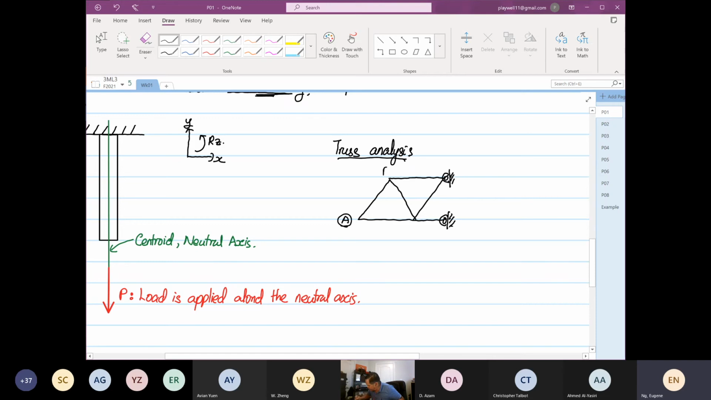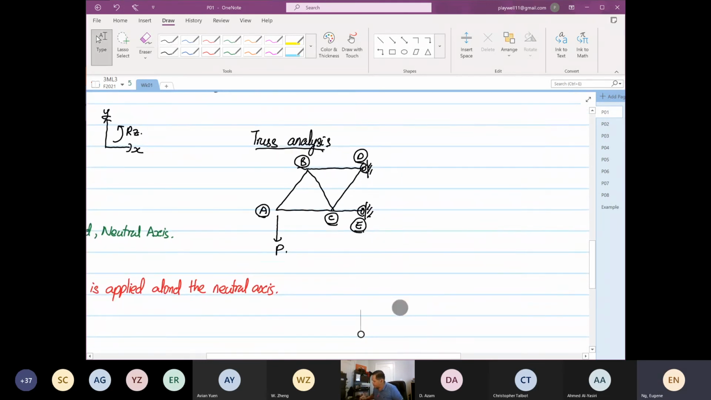Point A, B, point C, point D, and point E, right? And if you have a load coming down P in this direction, right? So when you declare it is truss analysis or doing truss analysis,